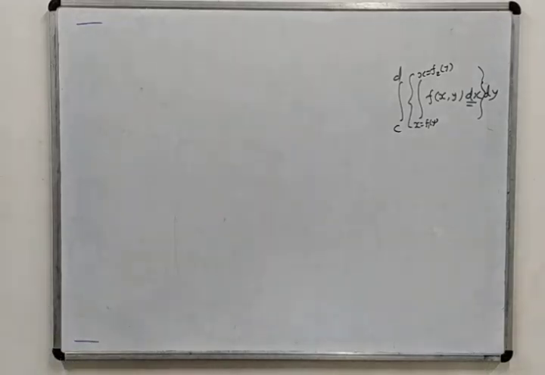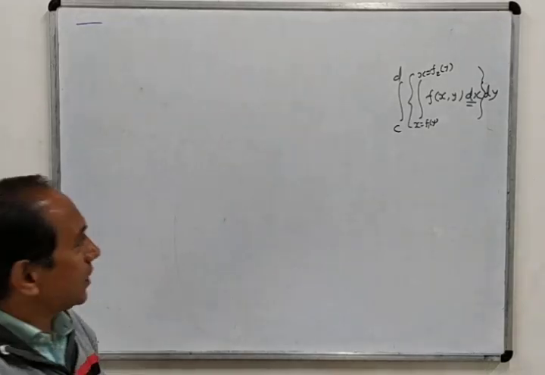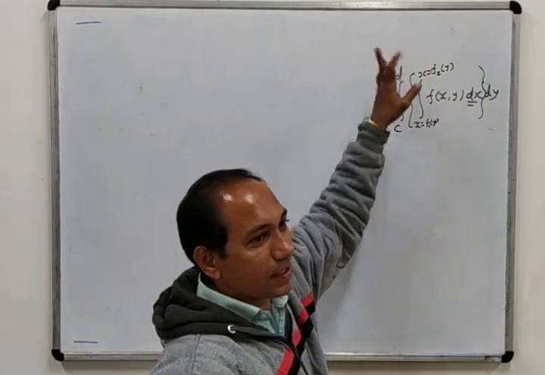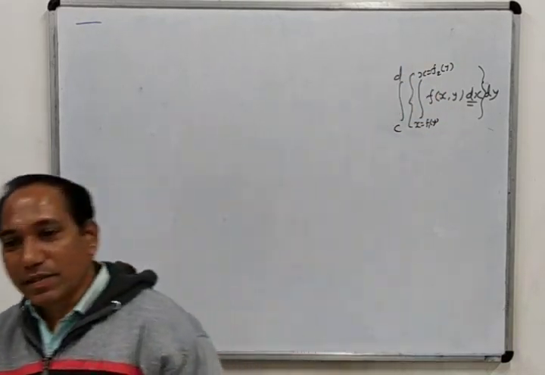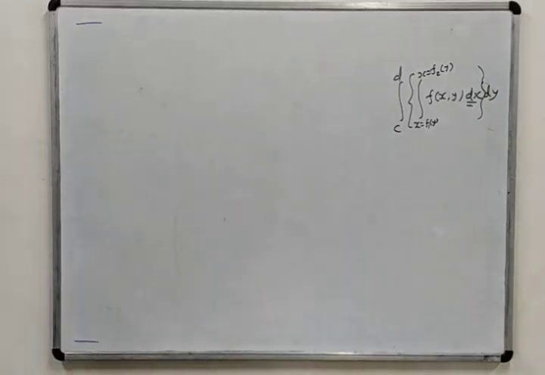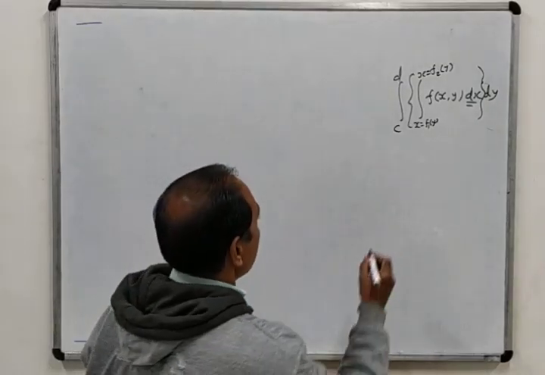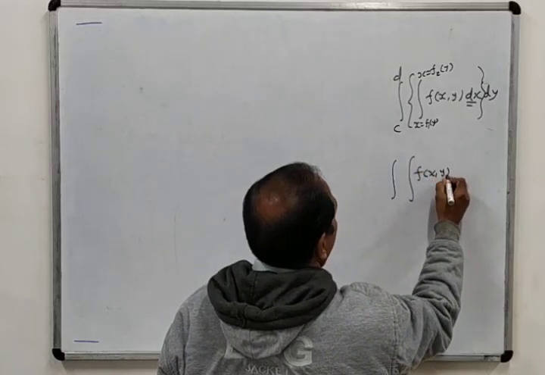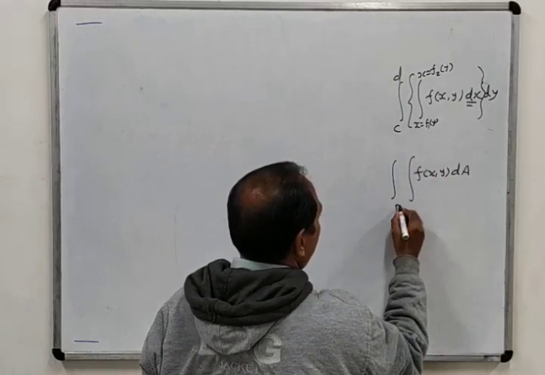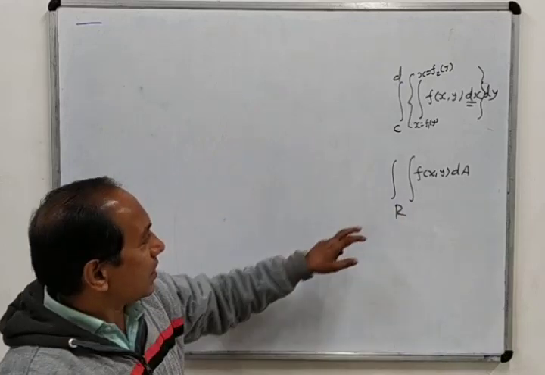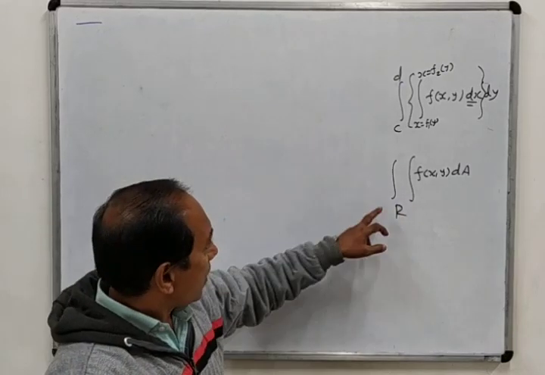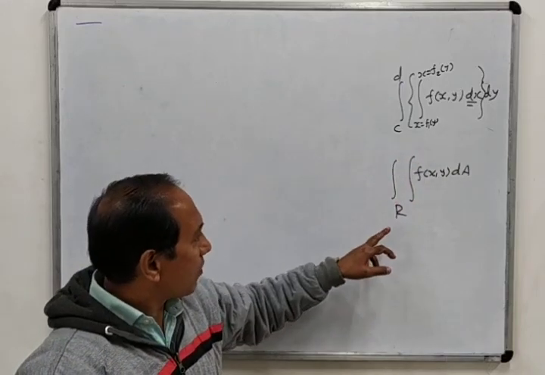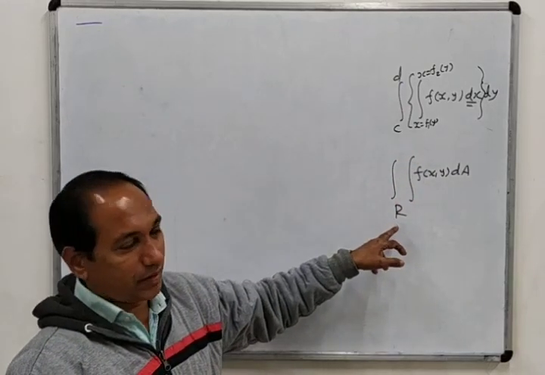This kind of examples we have seen. That means these are the double integrals with given limits. The limits are already given. And in the second lecture we have seen the examples based on double integration in which this kind of double integration was written. That means the limits of integration are not given, so we will have to determine the limits ourselves.